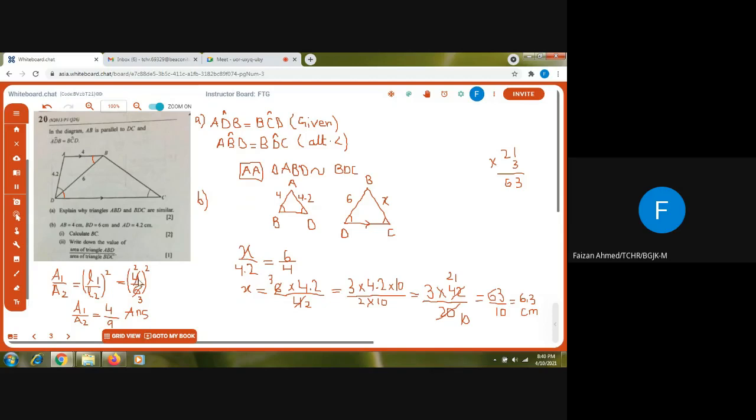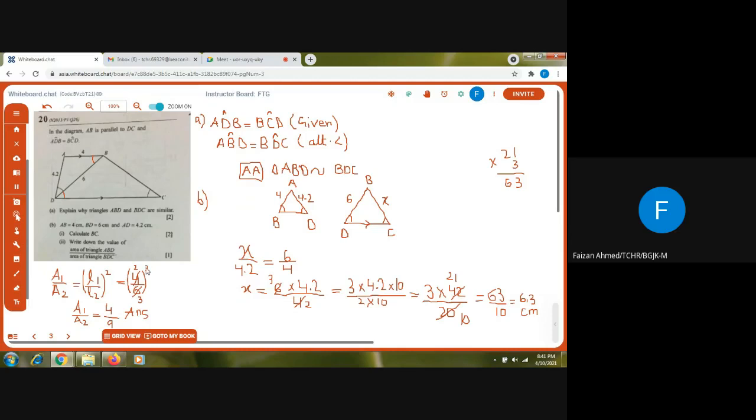So I have written 4 in the numerator, and the area of triangle BDC is represented by A2 over here. So I will take BD as the length. Since I have taken the first two letters, I will also take the first two letters, that is BD. And I know that BD is 6, so I will write 6 in the denominator. They can be reduced to 2 upon 3 since they are even numbers. 2 squared means 2 multiplied by 2, that is 4. And 3 squared means 3 multiplied by 3, that is 9. So the final answer is 4 upon 9, since I have to write the value of the ratio. So this is the ratio 4 upon 9, which can be calculated by the formula of area of similar figures.